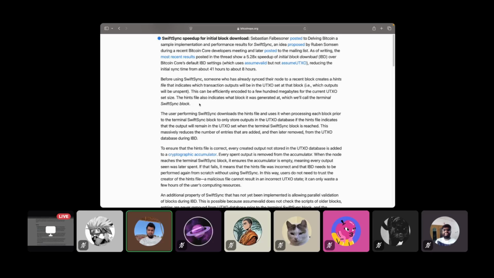You directly just look into the hints file and see if this UTXO that is in block 1 or 100 or 200 or 500, is this still in the UTXO set at block 800,000, right? And if it's not there, then you don't validate that UTXO and you don't put it into a UTXO set, thereby reducing the computational time while performing an IBD. The user performing SwiftSync